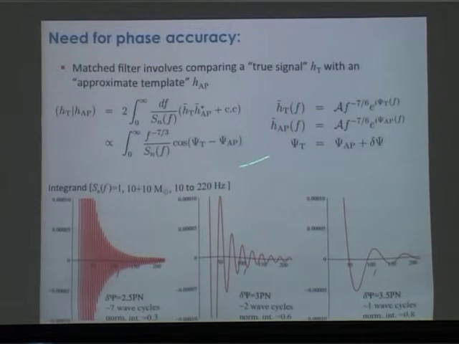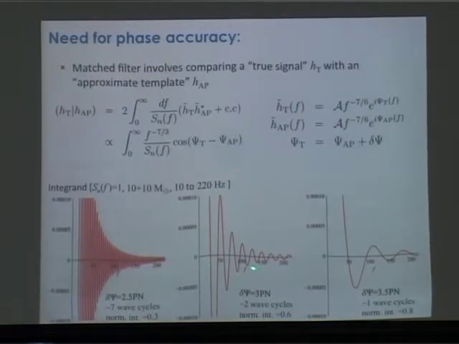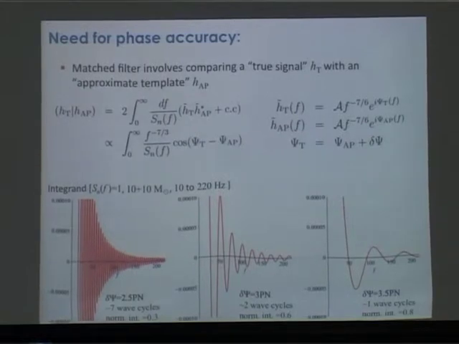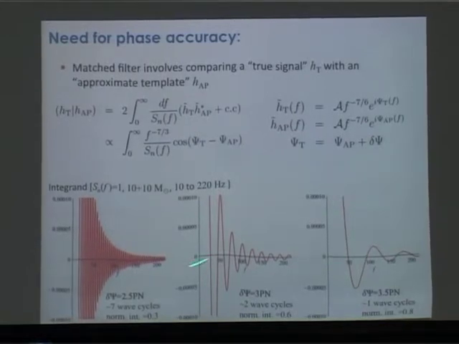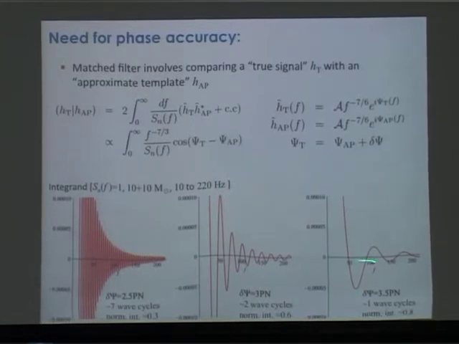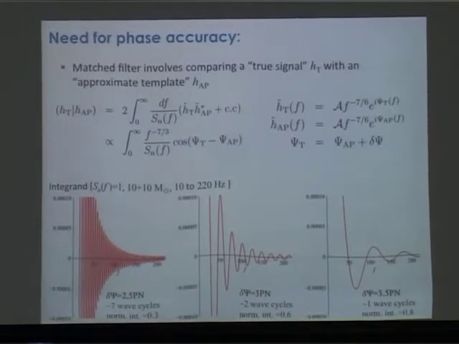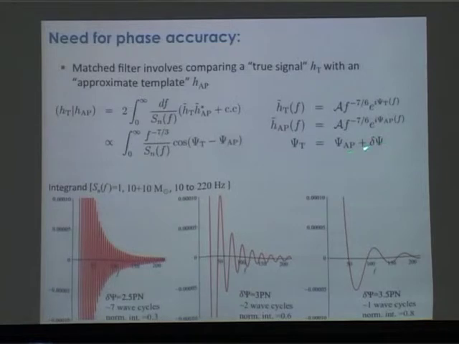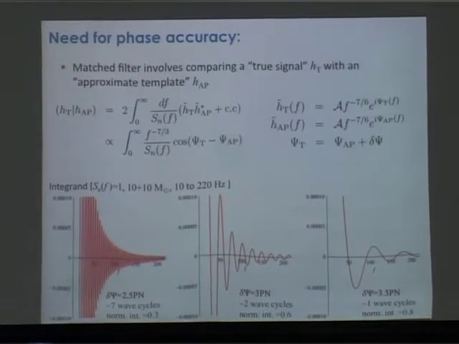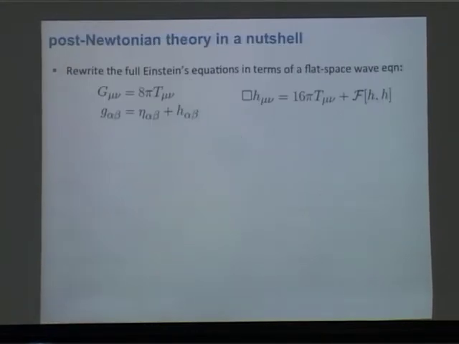But as I make this phase offset smaller and smaller, the number of cycles due to this mismatch in the two phases gets smaller and smaller, and the resulting integral, when I take the integral of this guy and then this guy, I'm going to get less cancellation. So ultimately, this is the reason why we want this phase function to be very accurate, because this matched filtering process is very much dependent on modeling this phase very well.